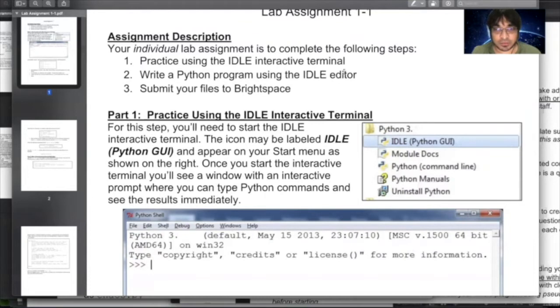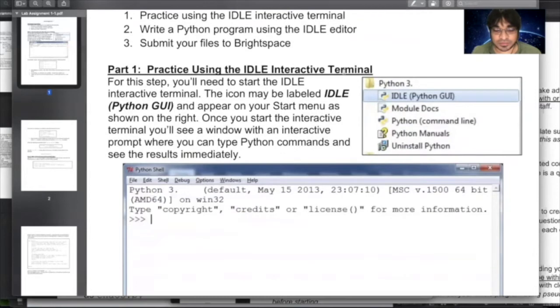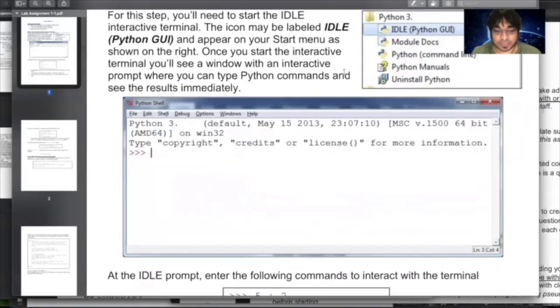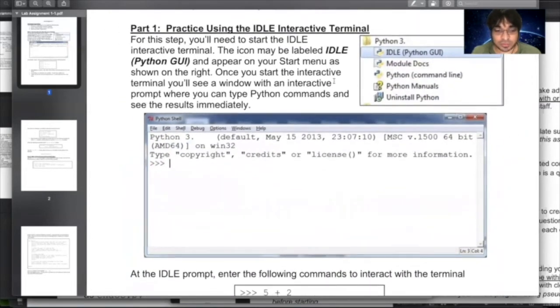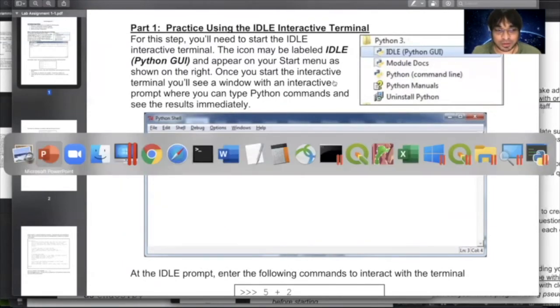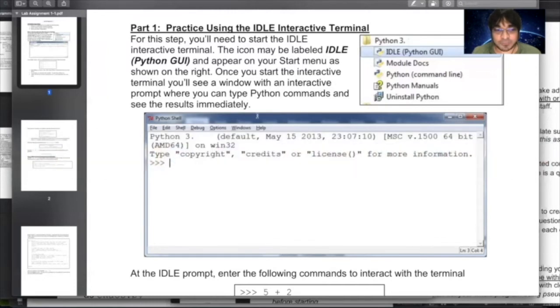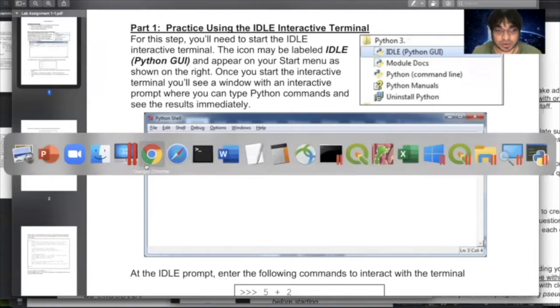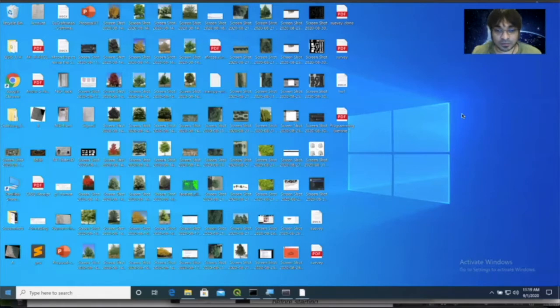I'm using a Mac, so there are some subtle differences on how to start this. I'll take just a moment to walk through those two differences because I have both installed on my machine. First, let's look at Windows because the screenshot on the handout is from a Windows machine. Let's imagine this is a Windows computer, and you've just installed the latest version of Python here.